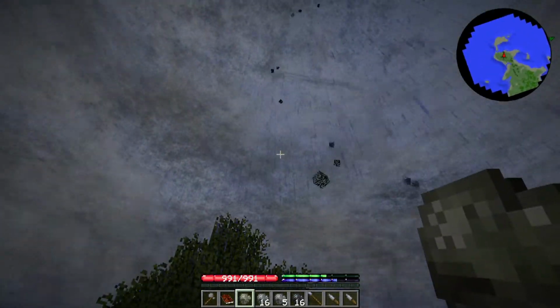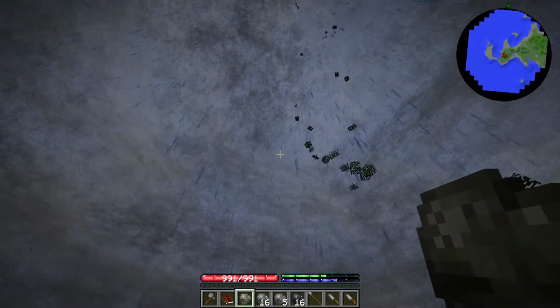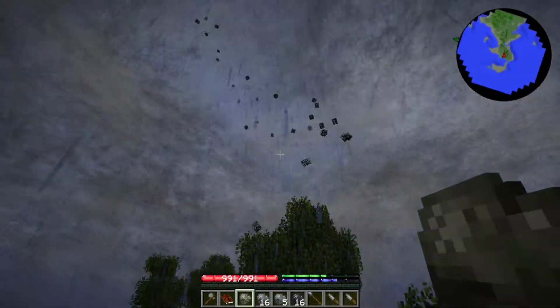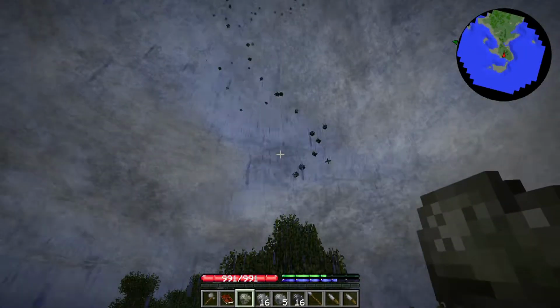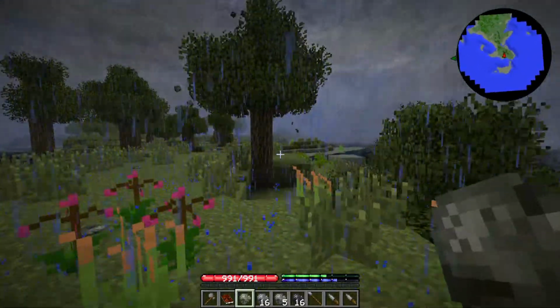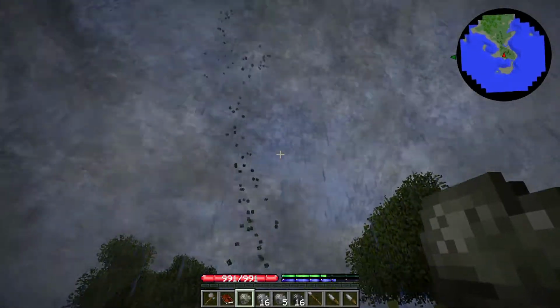Okay, it's pulling the leaves and the grass. It will also pull up ice blocks. But yeah, look at it go. Well, anyway...